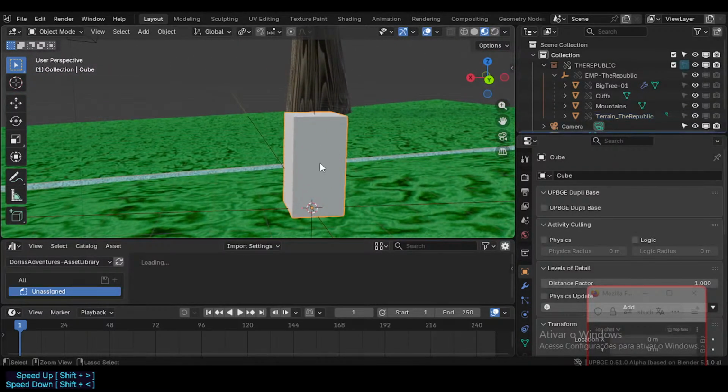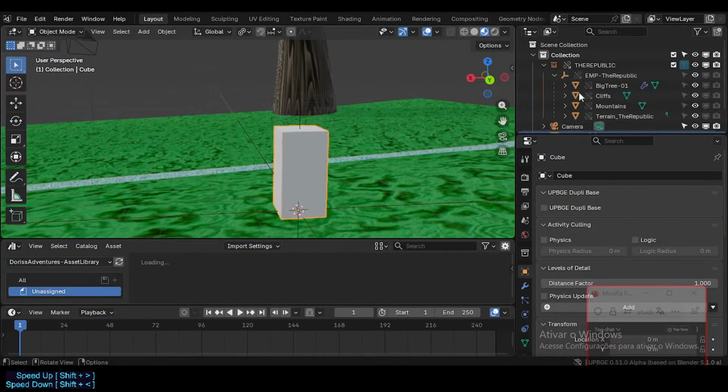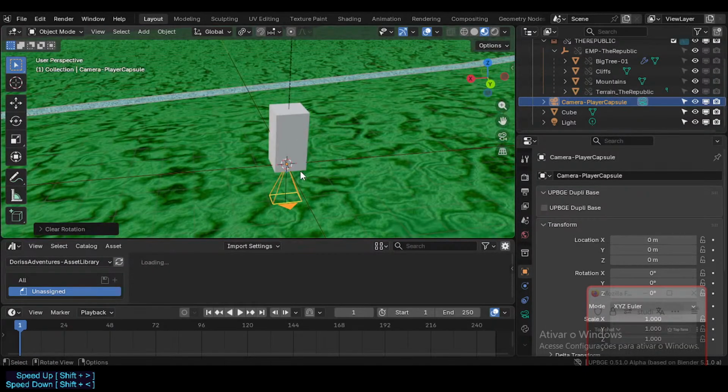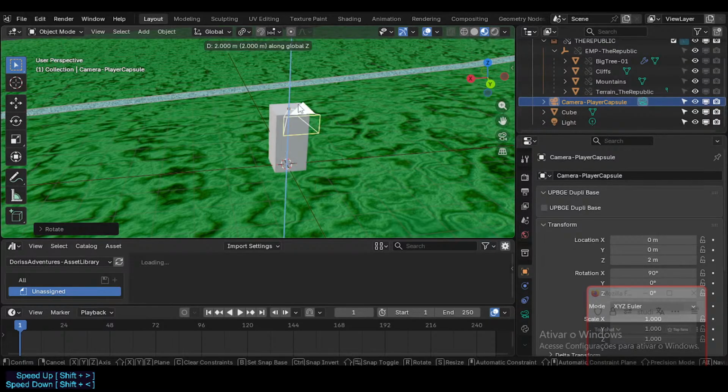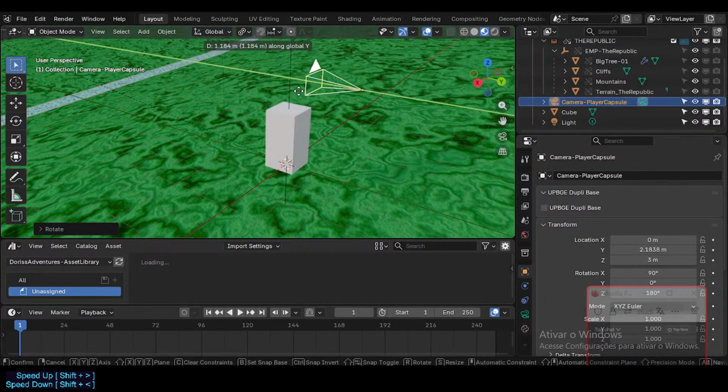We want Dorothy here, so it's the main character. Even, yeah, so I have the two options. We own the camera here. So this will be camera player capsule. Reset. So I have two options. I need to make a decision. It's a tough decision for me, but basically it's which kind of